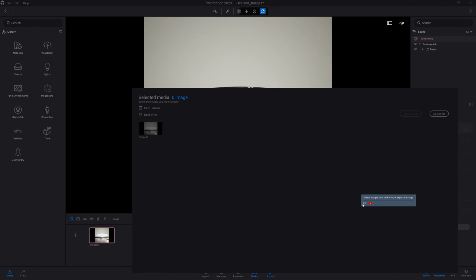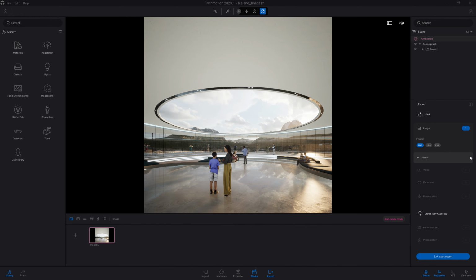This opens that new window. I will click on my image, the image I want to export. And I will come back in my property panel. Here there are a few options. You can also close that dropdown if you don't want to customize any of those options. In those options, you can find the format, so you can export in PNG, JPEG, or EXR.